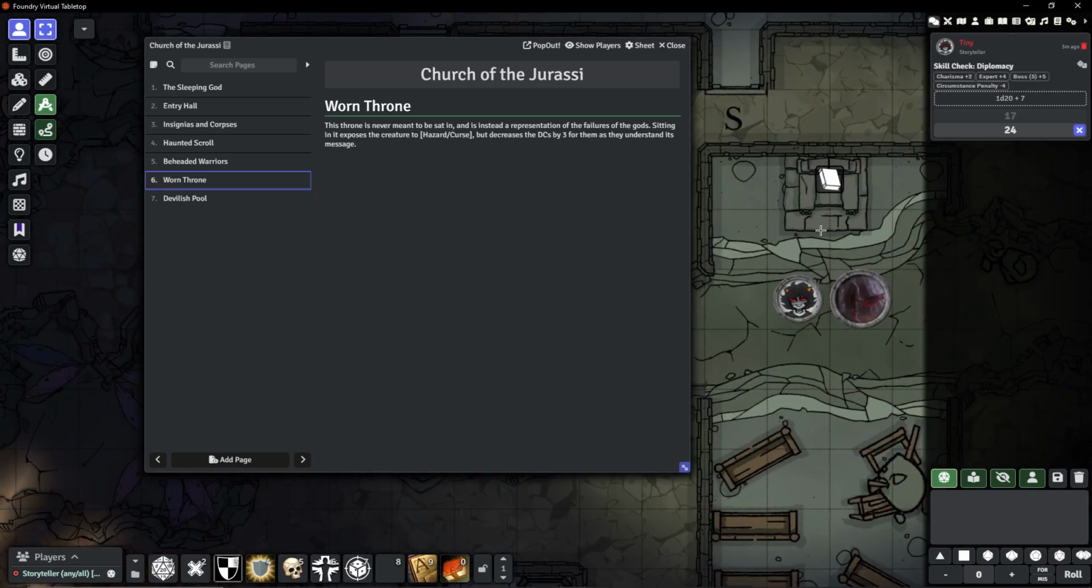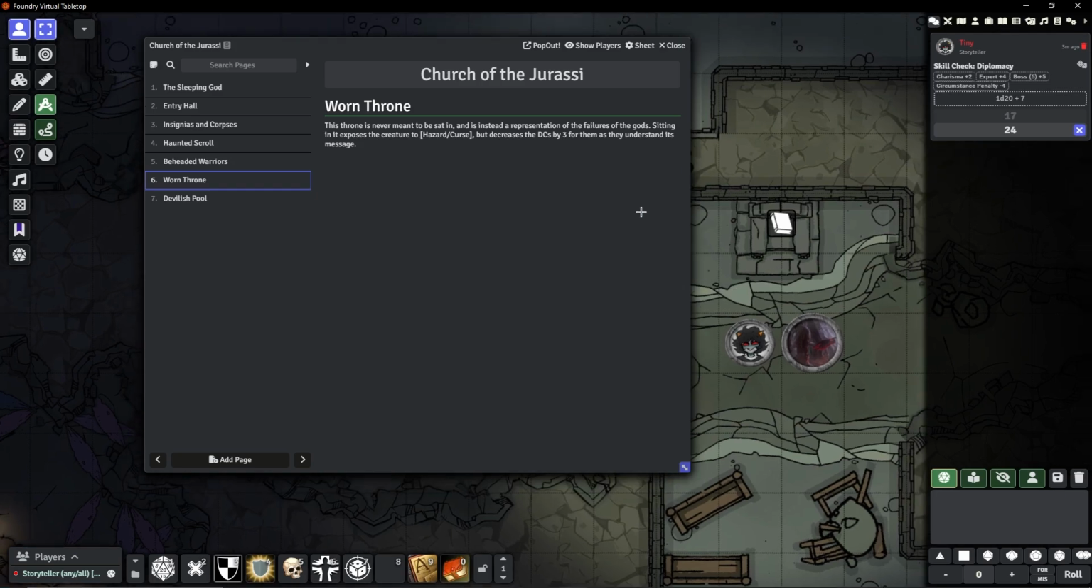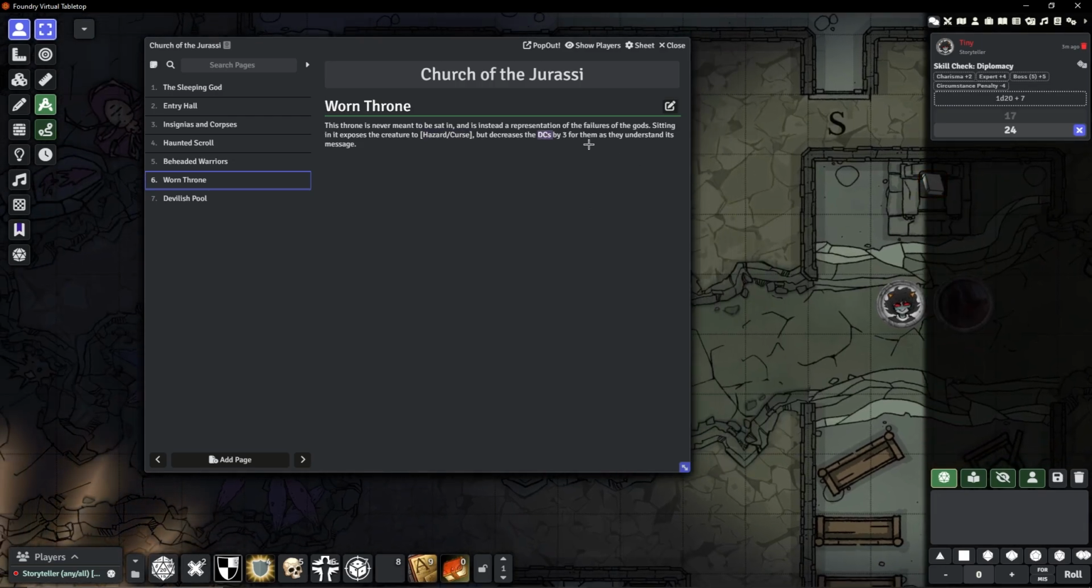This throne is in fact never meant to be sat in, and is instead a representation of the failures of gods. Sitting in it exposes the creature to some kind of hazard or curse. I didn't detail a specific one, but you could toss that in flavorfully. But it decreases the DCs of the research checks on this throne by 3 for them, as they understand the message